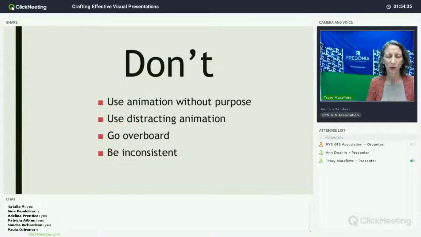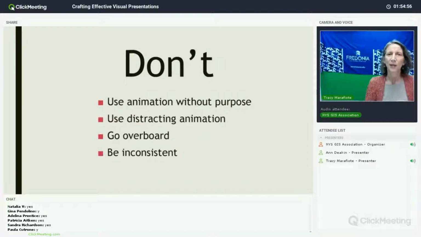It kind of hops in like a bunny, which is kind of fun if you're showing it to your toddler. But when you're talking to an adult audience, it's not purposeful, and it doesn't add to the meaning or the point that you're trying to make. It doesn't have the purpose of trying to focus the audience. You want to try not to use distracting animation.